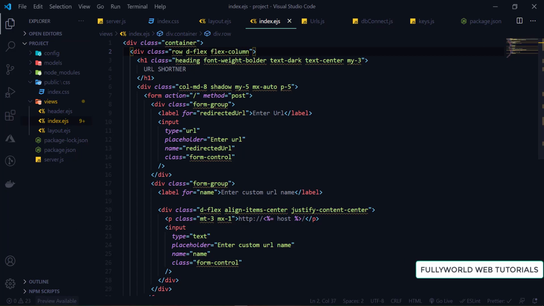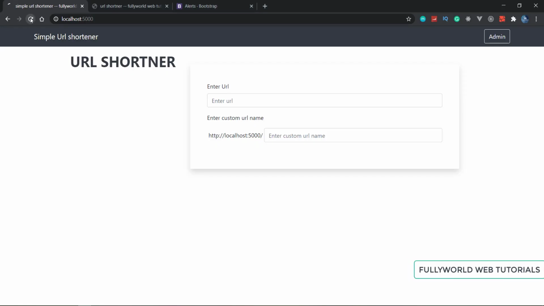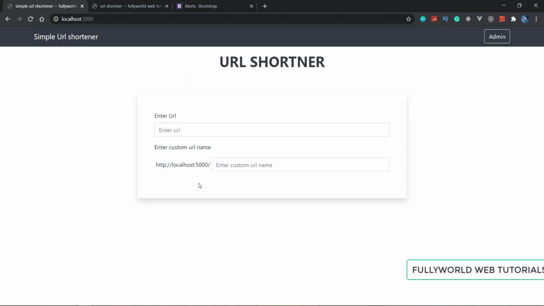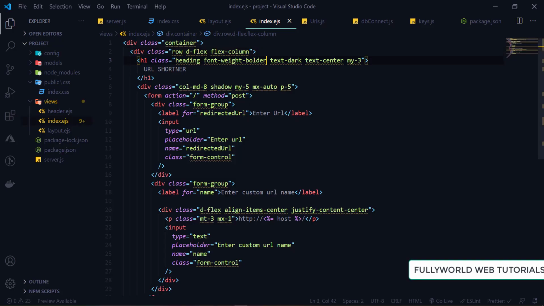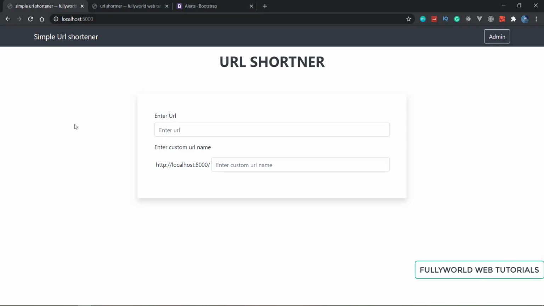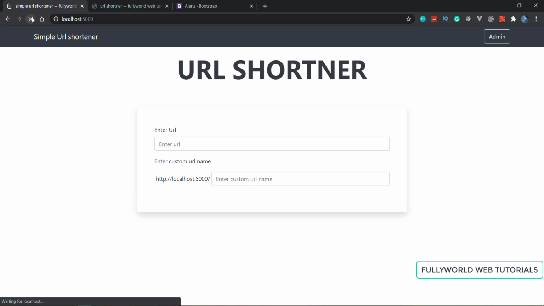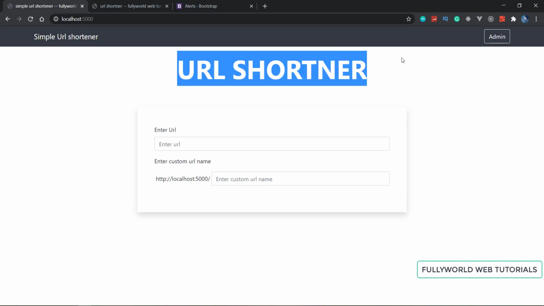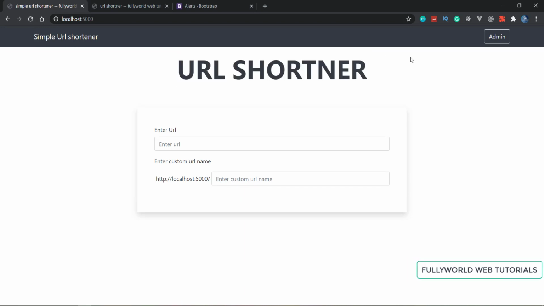Here we have to write flex column. Reload this. Now we are getting this correctly, but not so correctly, so I'm going to write display 3. Let's see how it is looking. Display 3 is like that, and now this is looking very good.